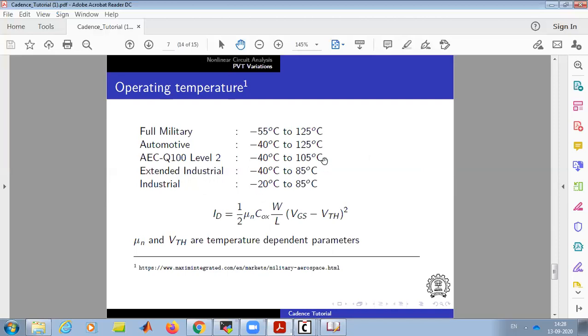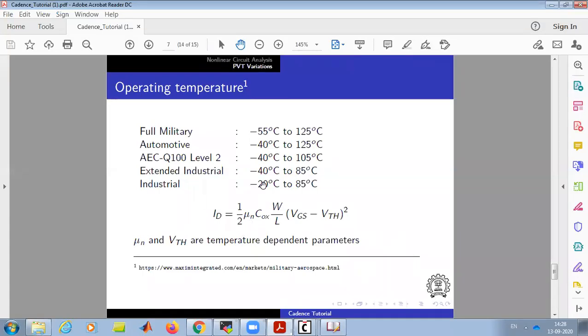Now, how is temperature affecting our transistors? Mobility and VTH are two parameters which are temperature dependent. For details, you can refer to any good solid state devices book, which gives the relation.